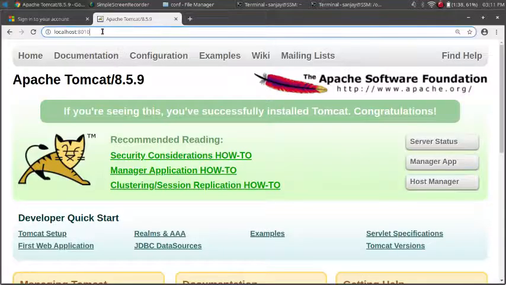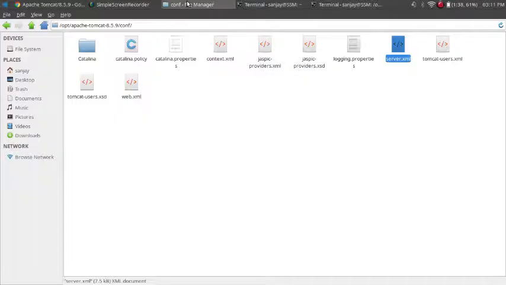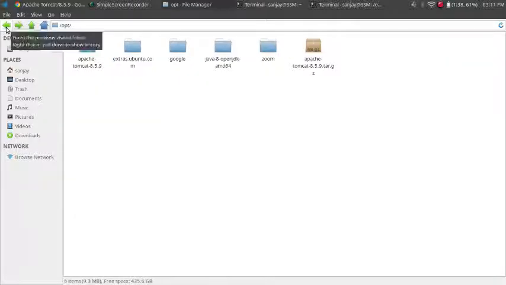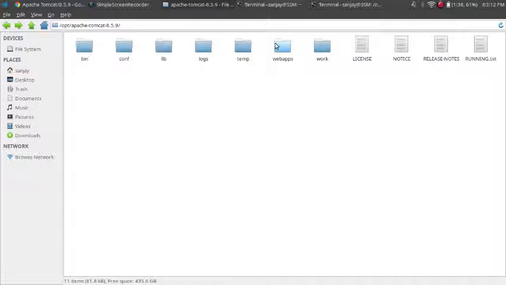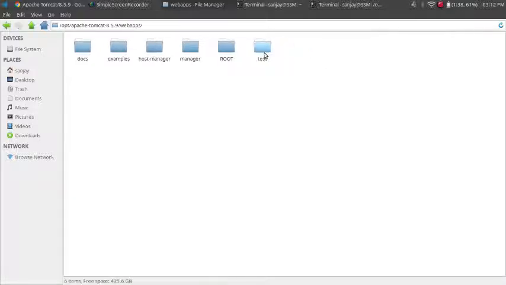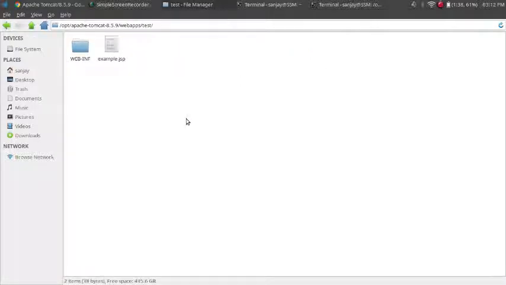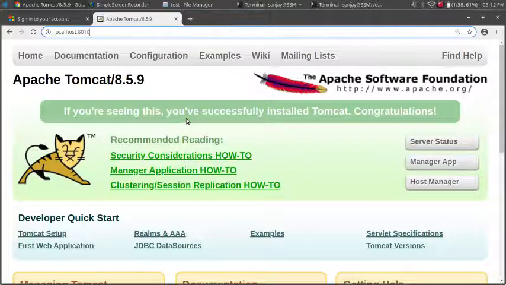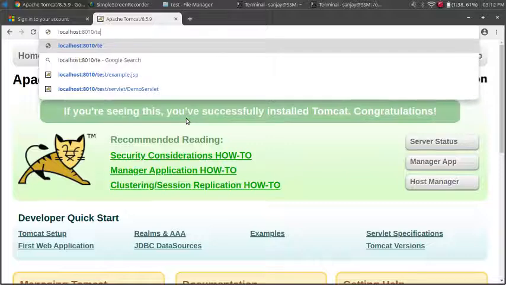Now we will see how to run the JSP. You have stored the program in the Apache Tomcat webapps and test. You have stored the program of JSP in test folder. So what I will do, 8080/test/example.jsp.